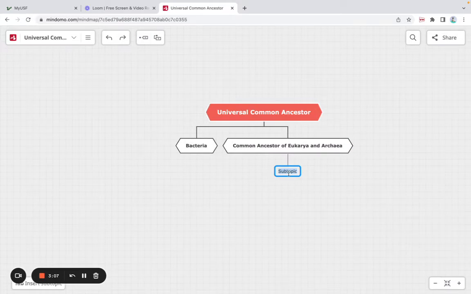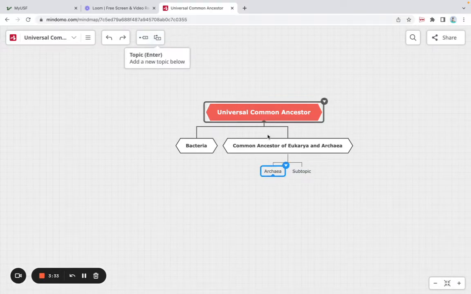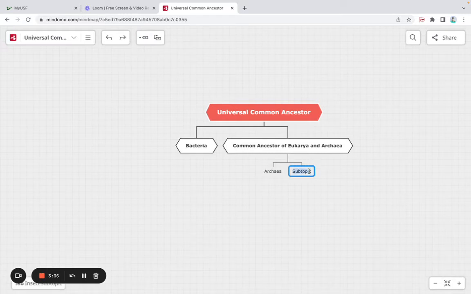adds a new subtopic. So in this box, I'm going to write archaea, and since archaea and eukarya are sister taxa, I need to represent them on the same line. So I don't want a subtopic coming out from here. I want a topic next to archaea, just like this. So once again, I just highlighted archaea and pressed add a new topic. So I'm going to type in eukarya, and my mini phylogenetic tree is complete, but we want to jazz it